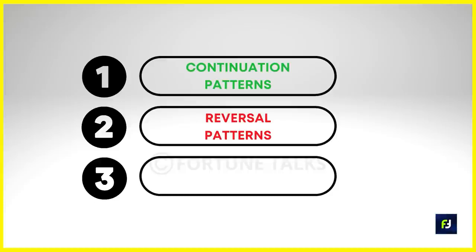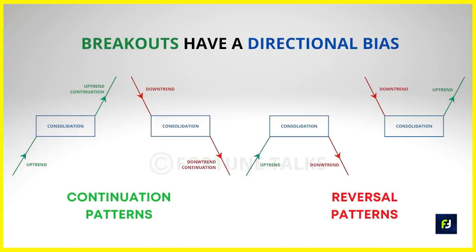In the previous two episodes, we have discussed the most important continuation and reversal patterns, how to identify them, and how to trade them in a very detailed manner. When dealing with both continuation and reversal patterns, we have a clear idea, or maybe a directional bias, towards where the breakout will happen. That is, in the case of continuation patterns, we will look to trade in the direction of the previous trend before consolidation. And for reversal patterns, we will look to initiate trades in the opposite direction of the prior market